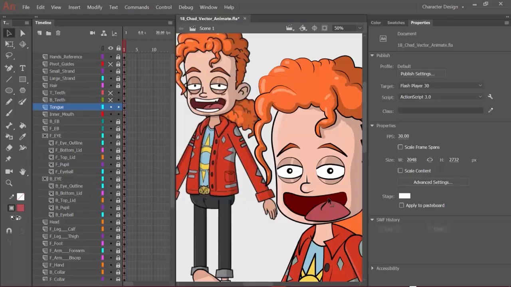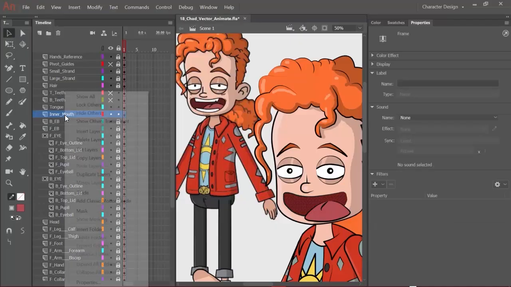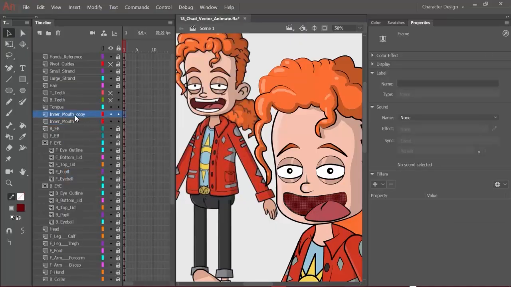There we are. That shouldn't be too bad. Just delete that little point right there. And now we want to duplicate the inner mouth. So right click, duplicate. We're going to bring it above the top teeth. And we're just going to name this one mouth